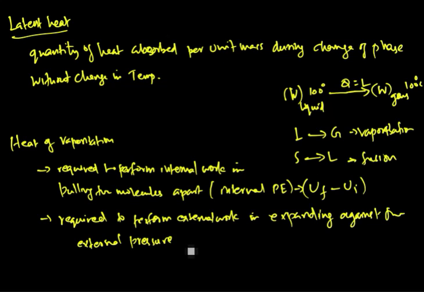So this is actually the part of the external work done by it, that is PdV or P into Vf minus Vi. So the latent heat can be expressed as